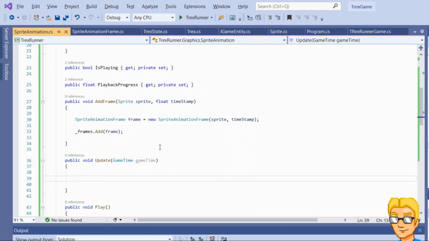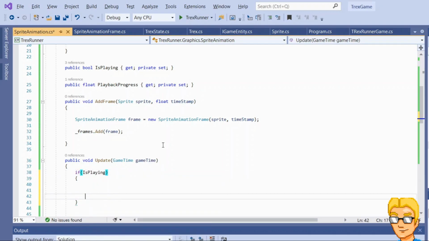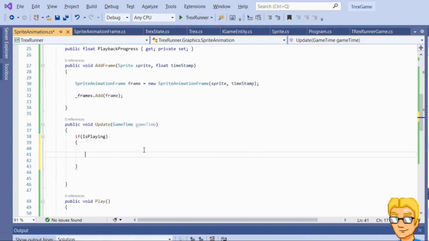Okay, so in the update method, first of all, what we need to do is check if the animation is playing, and if so, we need to increase the playback progress. So let's here check if is playing. We need to do stuff. If it's not playing, we don't really need to do anything. So if it is playing, playback progress,